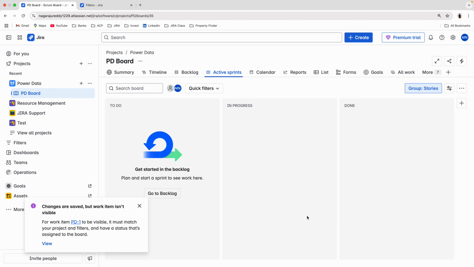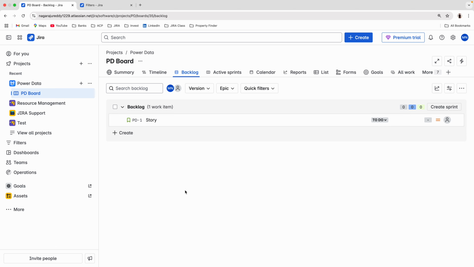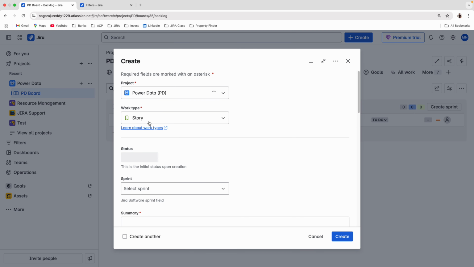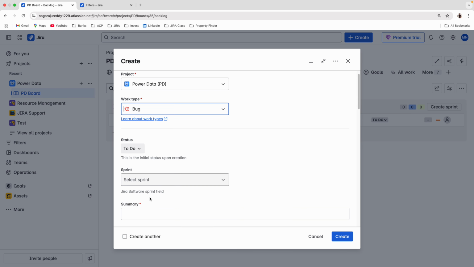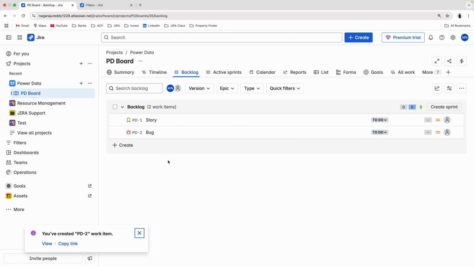So you cannot see it directly in the active sprint, but in the backlog you can see story 1. I can also create a bug, then create. So I can see the bug and story in the PD board now. But how does it work? If I go to the